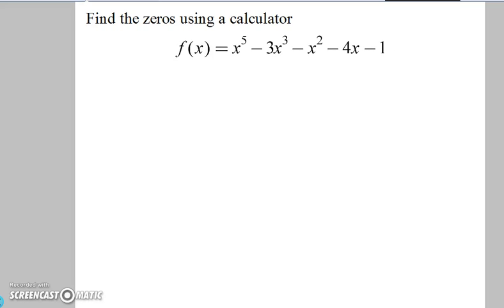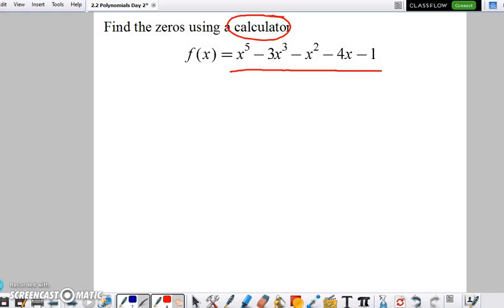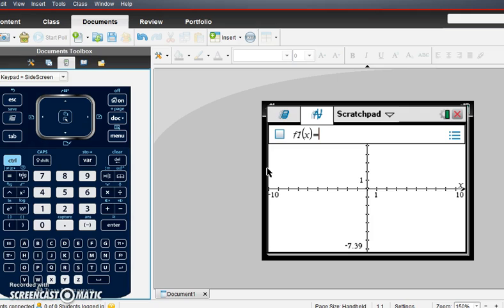Alright, what if I want to find the zeros, but this time I have a more difficult problem and there isn't a common factor between those? Well, we can always use our friend the calculator to do that. So I'm going to go over to my calculator screen, and I'm going to put in that function, which was